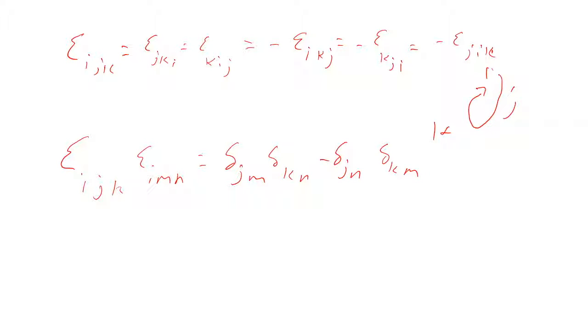Basically, this first term is 1 when both of these are even permutations or both of them are odd. And the second term, both of those go to 0. And this first term goes to 0 when they're mixed, one's even and one's odd